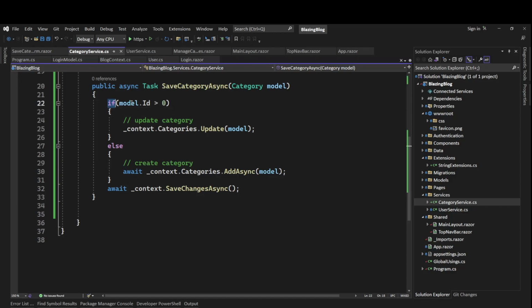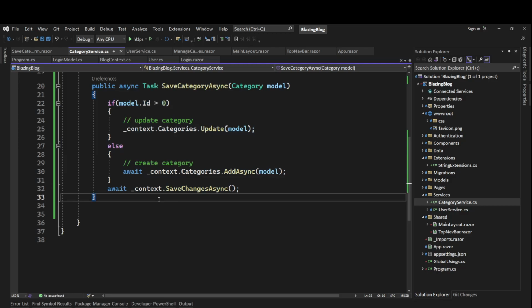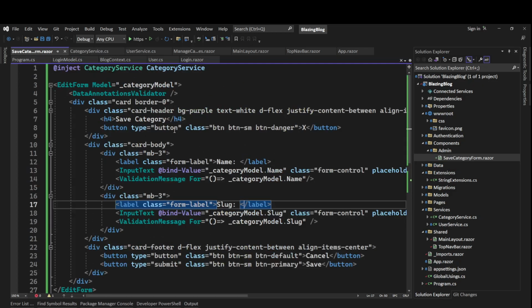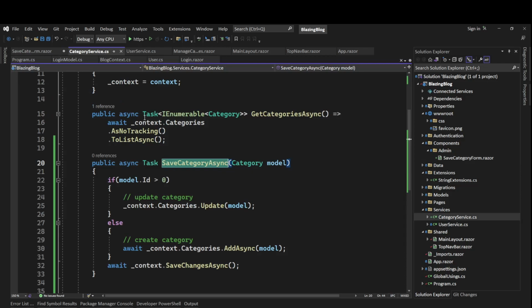Now when we are creating it, updating it, saving changes, everything looks fine here. Let's use this method in here. So we have the same category async. Here we'll use